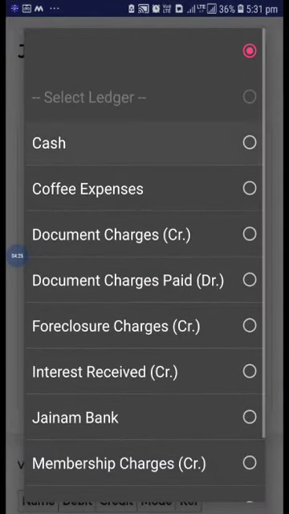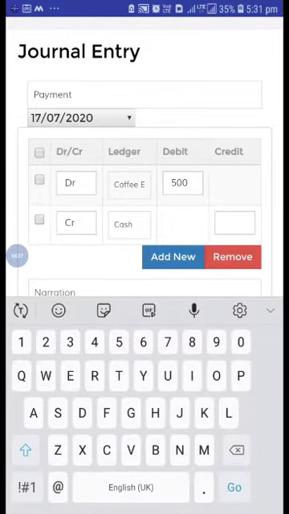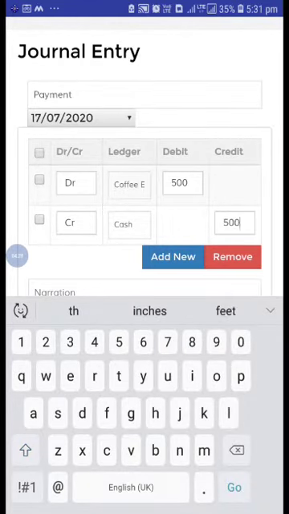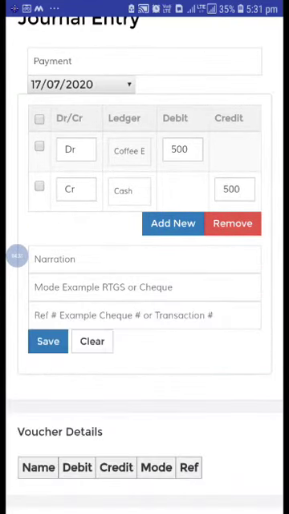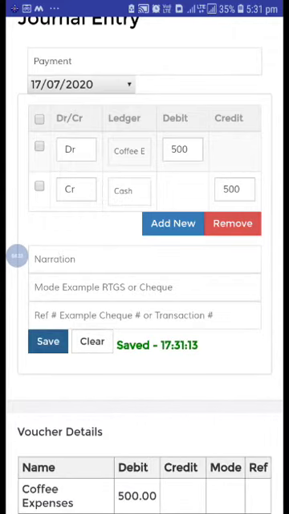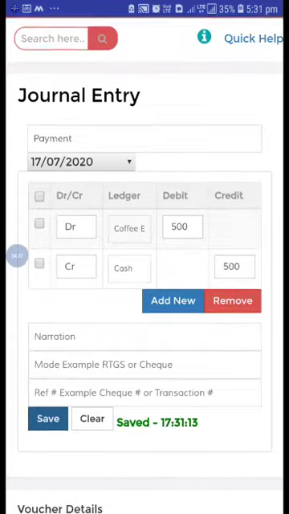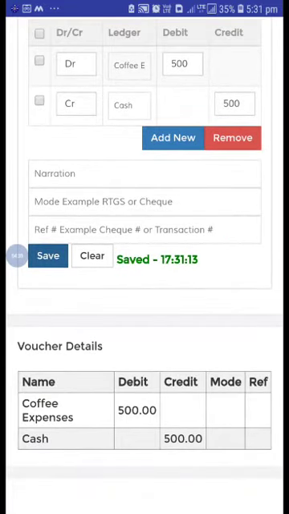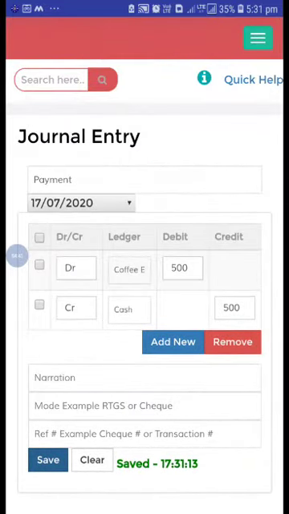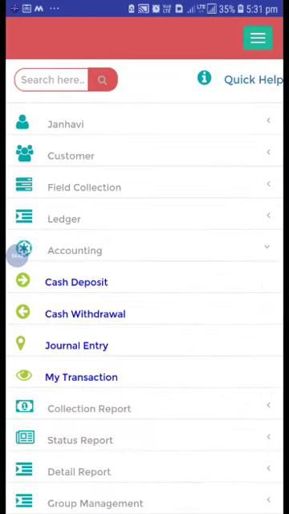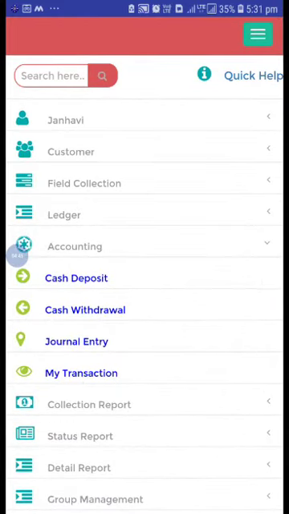So we can take here cash 500 and just save this entry. This way you can create this journal entry and ledger.